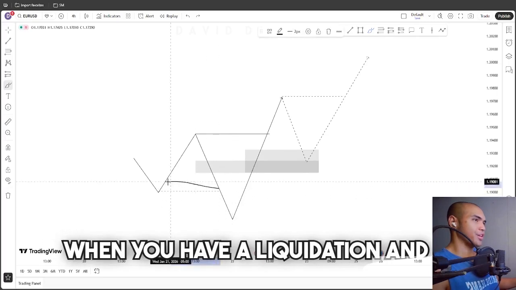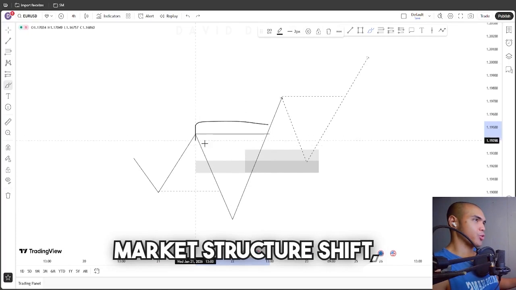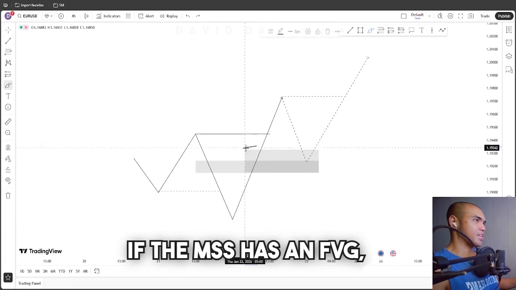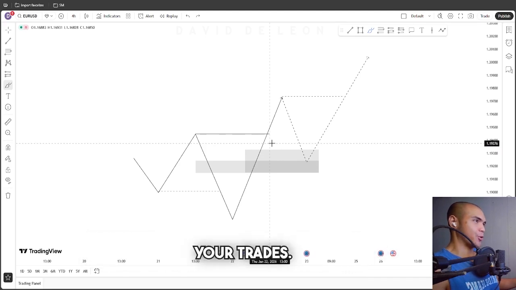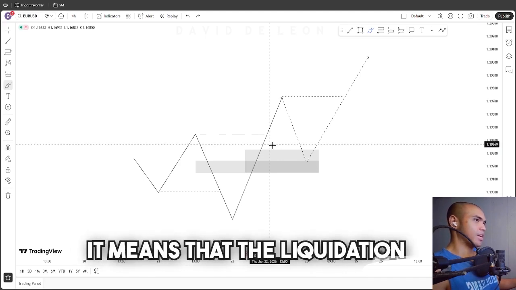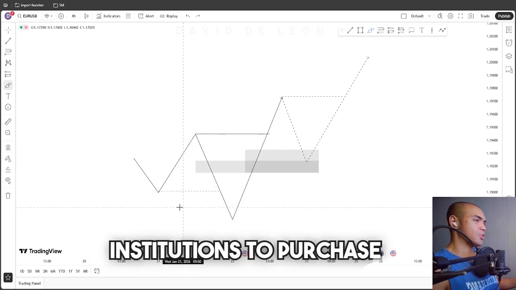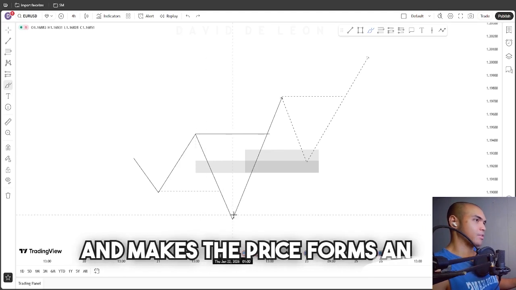When you have a liquidation and price immediately creates a market structure shift, you observe the FVG within it. If the MSS has an FVG, then it's a strong key level to position and execute your trades. It means that the liquidation from this swing allows institutions to purchase bulk orders and makes the price form an